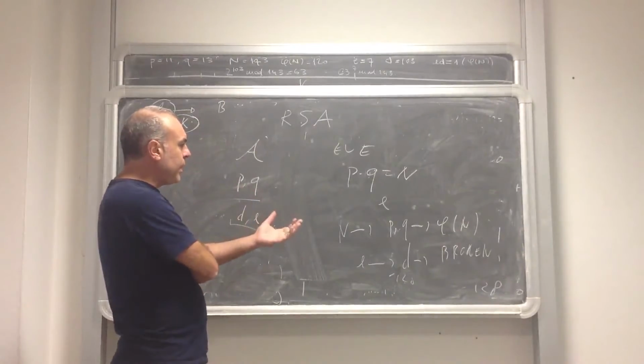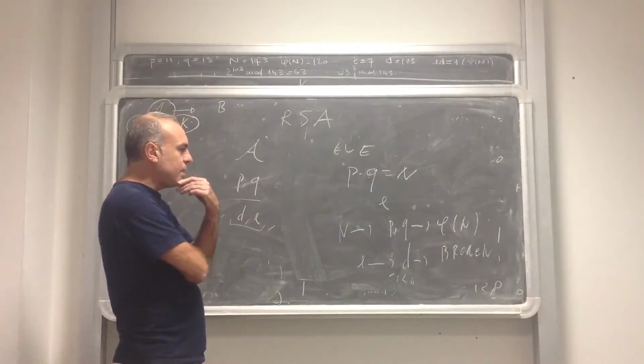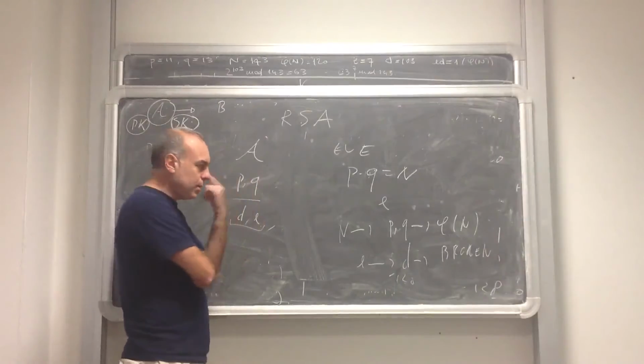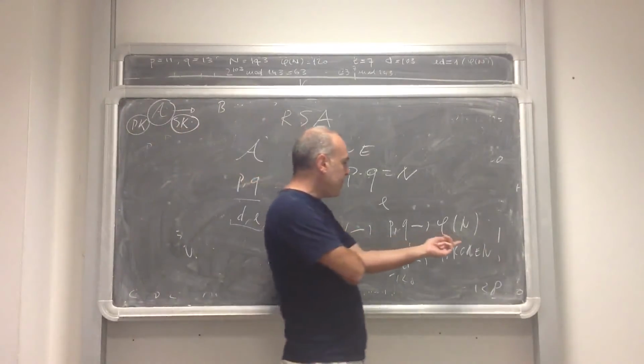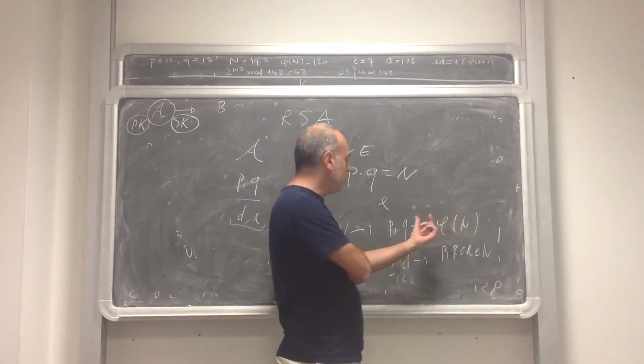So the main robustness of RSA lies in the fact, as I said in other lectures, that it's very difficult to factorize the product of two big